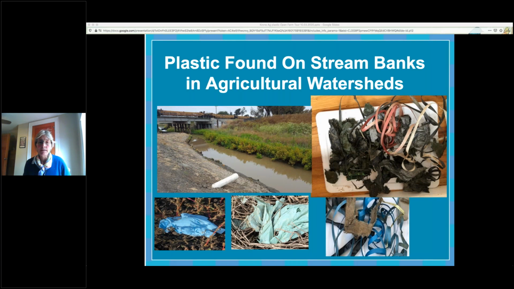Took it back and washed that plastic. We counted the amount of plastic and distinguished it by type, whether it was film, and you can see on the right side of this slide some of the different kinds of plastic that we collected. We collected the polyethylene mulch or the film, and then we also collected a lot of that strapping tape, which you can see is red and blue there, as well as many other kinds of plastic. Next slide.